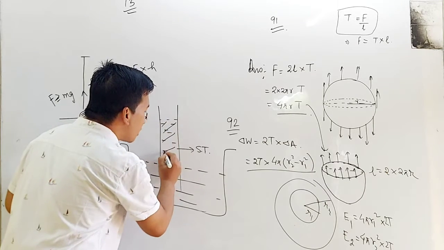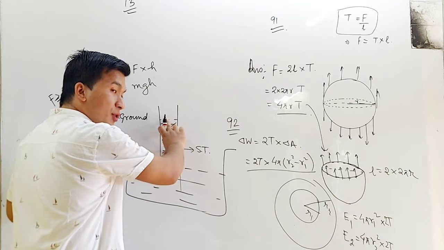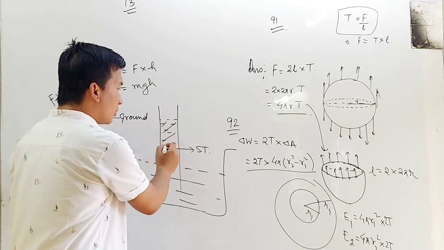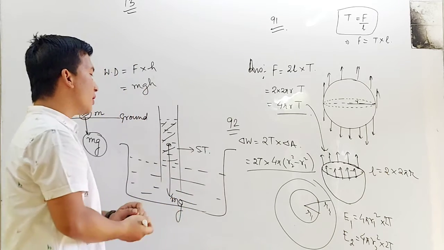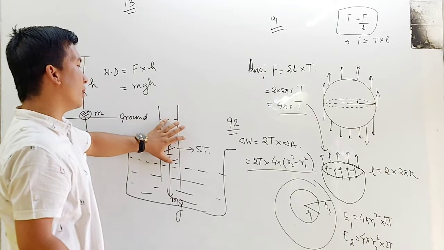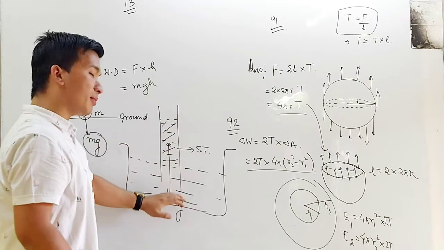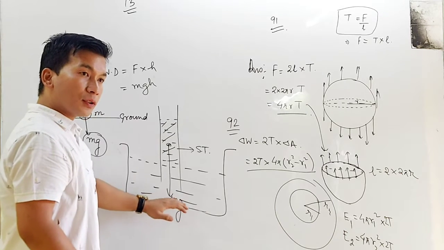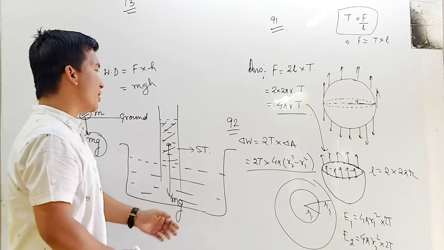We consider this portion to have mass, like the level of water, so the mass of the capillary rise is m. So there will be a weight acting in the vertically downward direction. This vertically acting downward weight mg